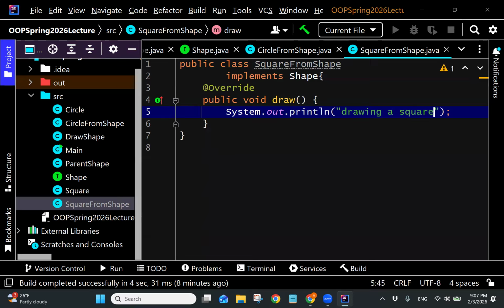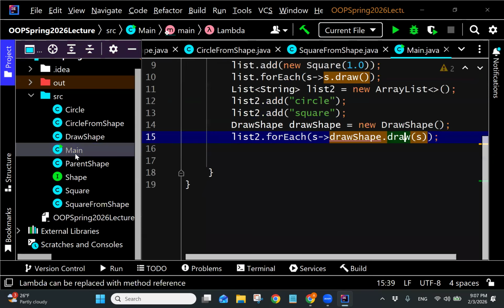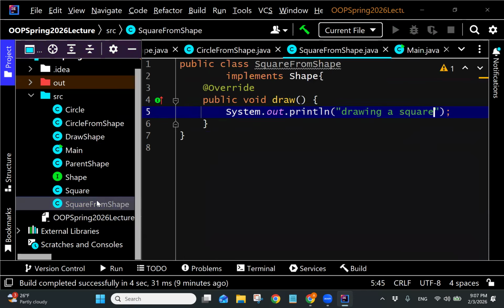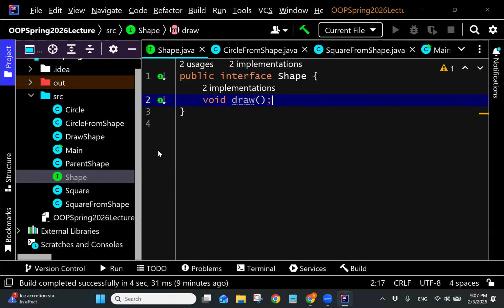a square. Okay, and now, without inheritance, we could treat them as similar, right? Because remember, what do they have in common? What do circle from shape and square from shape have in common? There's only one thing they have in common: they implement shape. They do everything that shape requires, and the only thing shape requires is to have a draw method, right? So now we could treat them the same, but without forcing them to inherit from